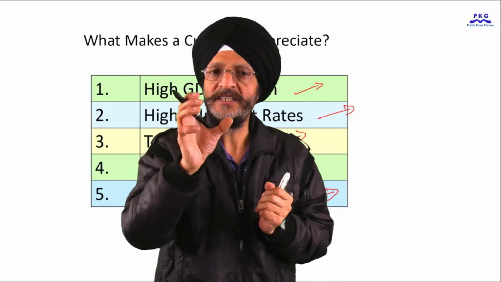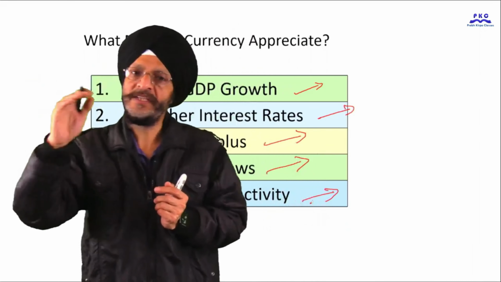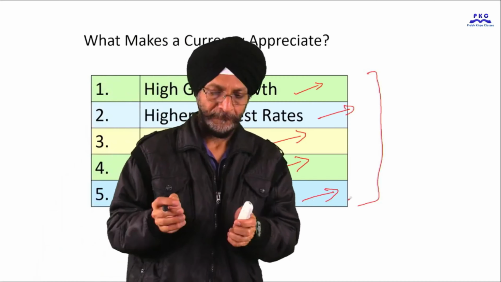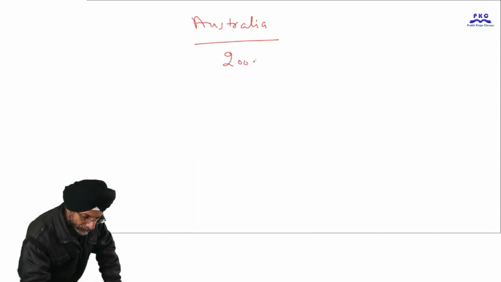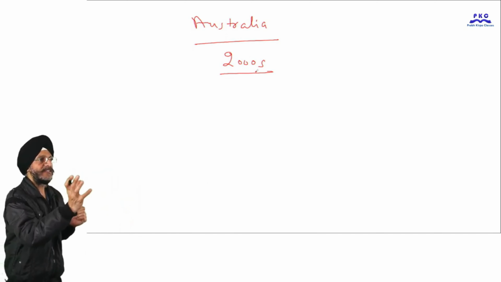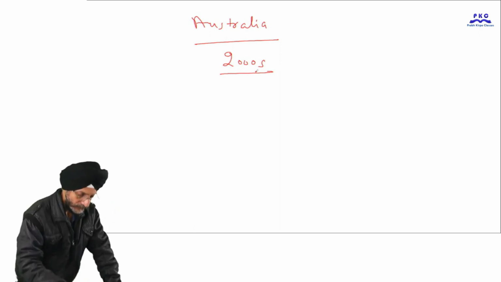However, how much a currency appreciates depends on the circumstances of each economy differently. So these factors affect any economy in a different way. We would also like to mention that there is a real life example of currency appreciation in the case of Australia. During the early 2000s, Australia witnessed currency appreciation against the US dollar because there was